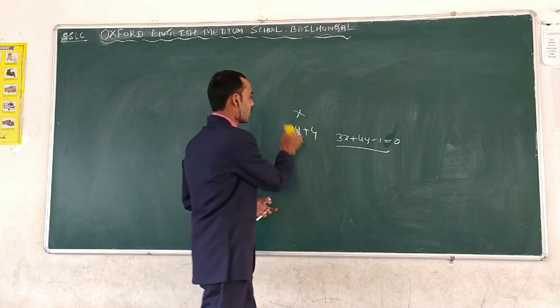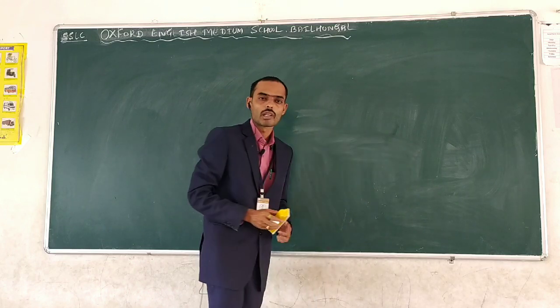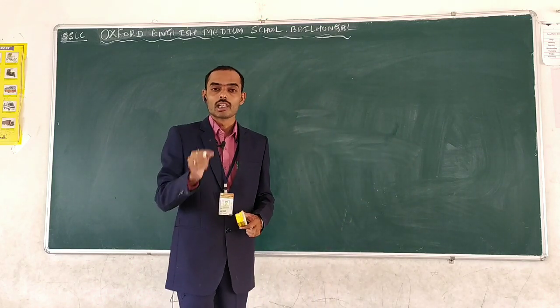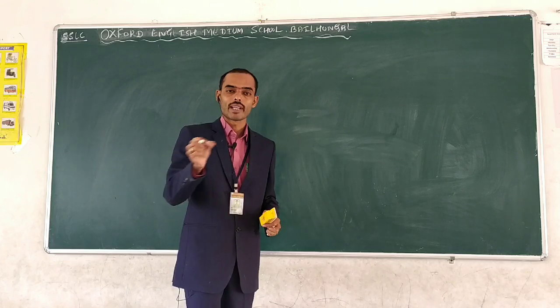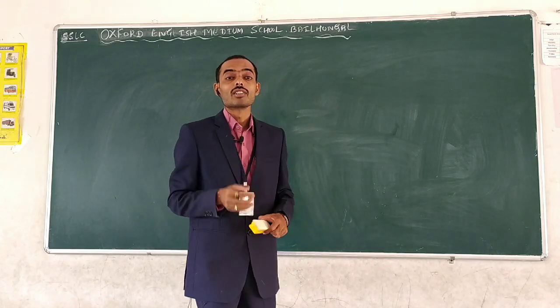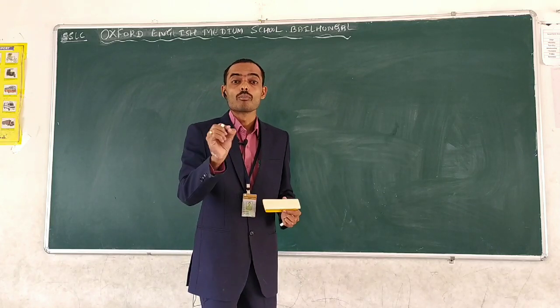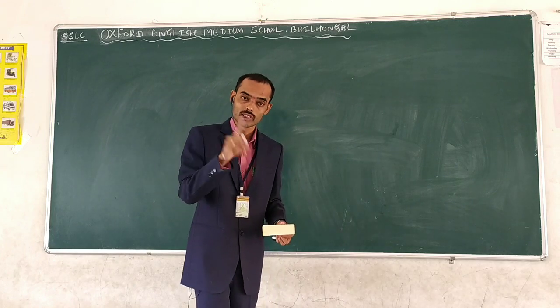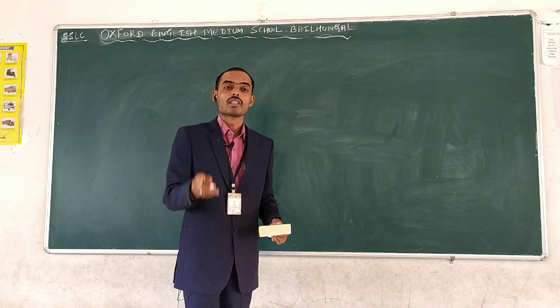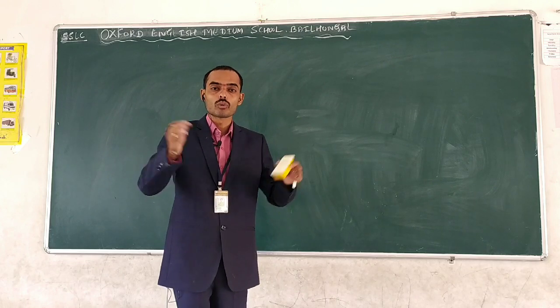After that, we will get the polynomial. What is the meaning of polynomial? First of all, polynomial means the algebraic expression or algebraic equation having more than 3 terms is called what? Polynomial. It may have only a single term, 2 terms, 3 terms or more than 3 terms, all together called